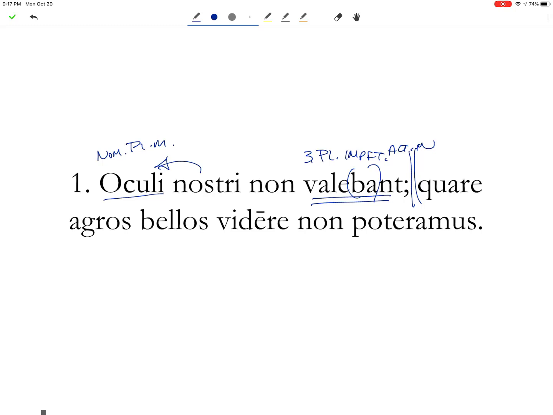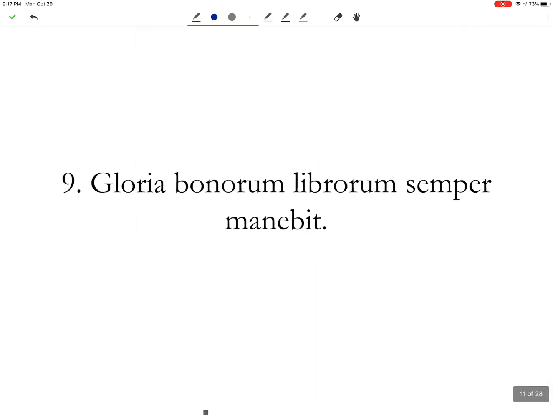And then quare means for which reason, literally. For which reason, because of which. Poteramus, we were able, and that takes the complementary infinitive, the present active infinitive of videre. We were not able to see what? The agros. Accusative, plural, masculine, the fields. And what kind of fields? The beautiful fields. And yes, it is frustrating because